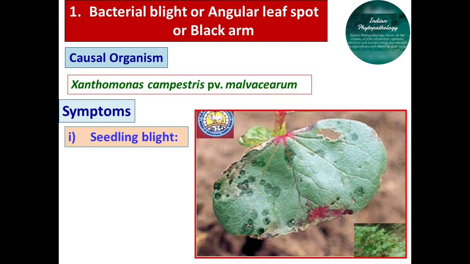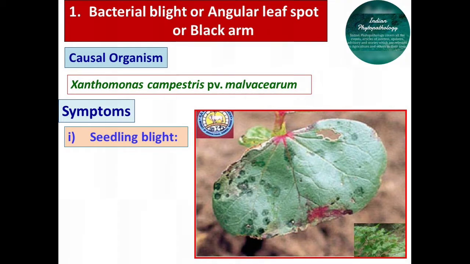First we will see the seedling blight symptom. The bacterium attacks all stages from seed to harvest. Usually 5 common phases of these symptoms are observed in bacterial blight of cotton. In seedling blight, small water-soaked circular or irregular lesions develop on leaves, and also on cotyledons. As you can see in the image, the water-soaked regions developed due to the infection of this bacteria. In a later phase, the infection spreads to the stem through the petiole and causes withering and death of the seedlings. That's why it is called seedling blight.